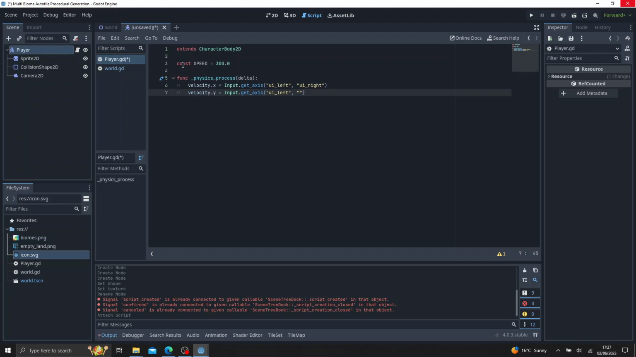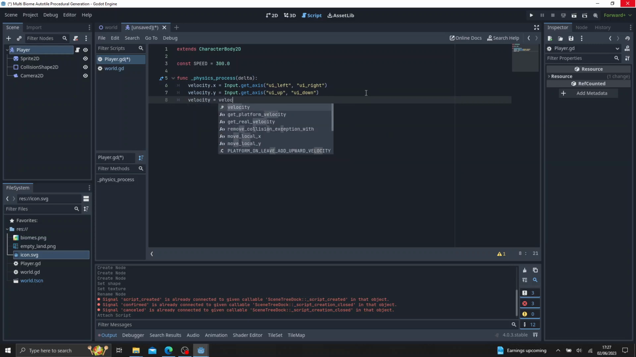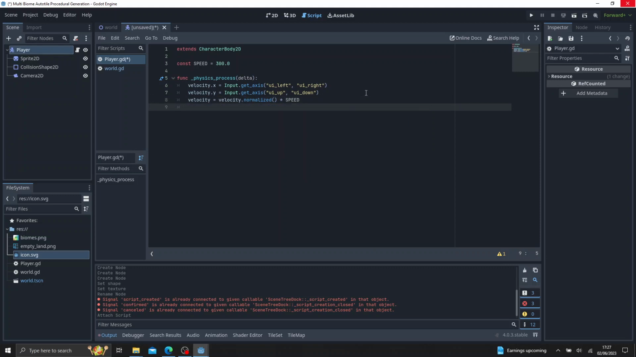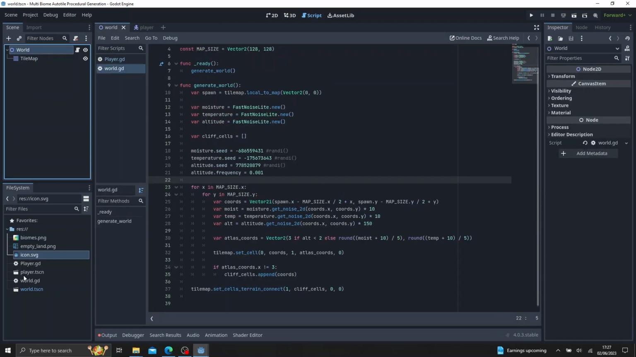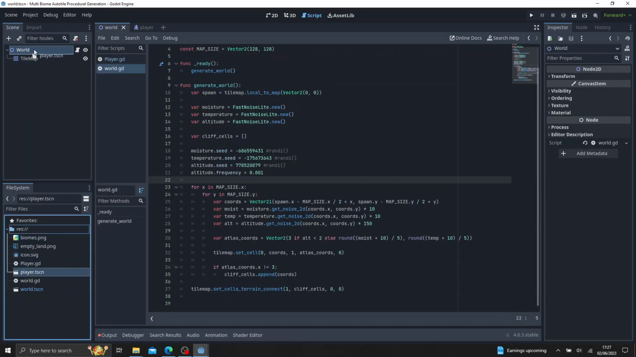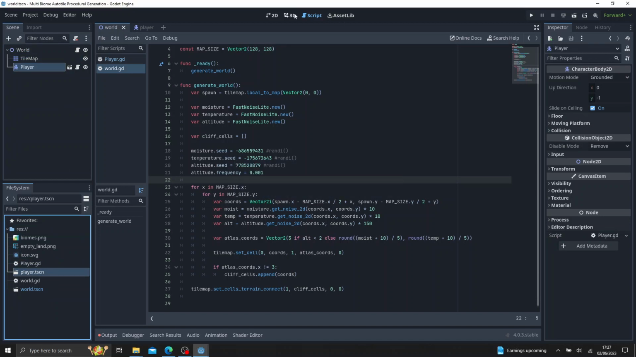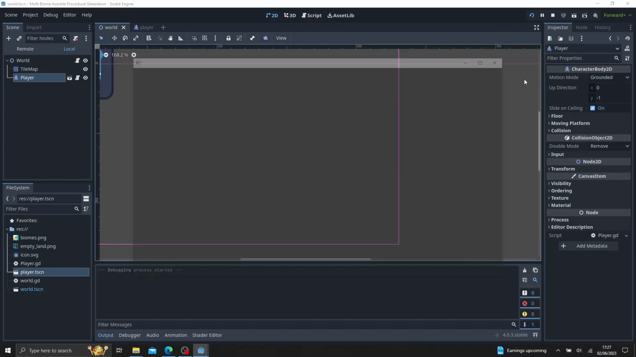Just go ahead and copy all of that, and then do the same for the velocity.y. Instead of UI right, we want to do UI down, and left is UI up. And we say velocity is equal to velocity.normalized multiplied by our speed, and then we just do move and slide, and let's just make the speed more like 1500. You can save that, and let's just add the player screen into here. That's it, save that. Now if we click play,